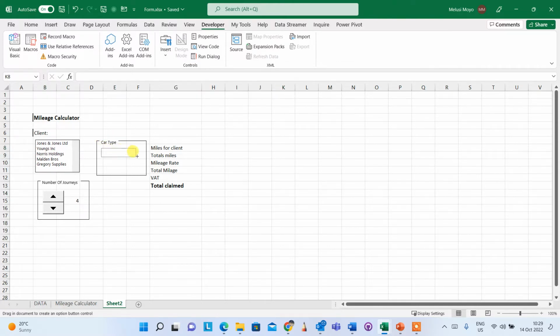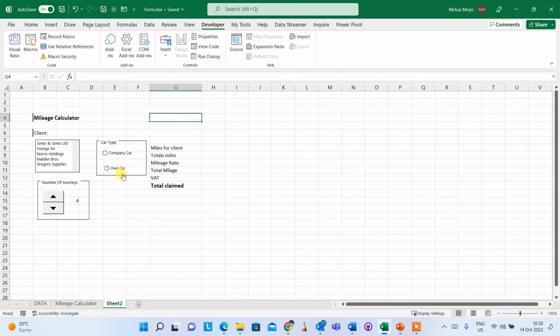Let me add the option button and then rename that. Let's make it a company car, and then add another one. Let's say own car,